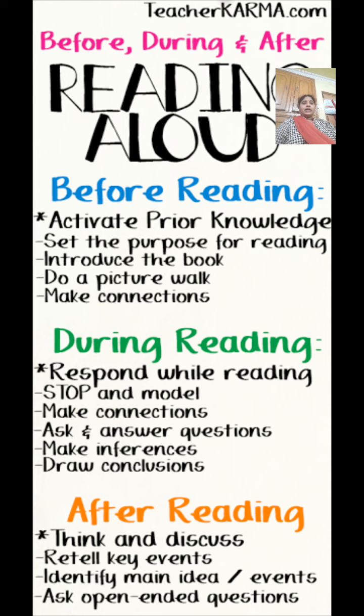So first you have to activate prior knowledge about ecosystem. What is your previous knowledge? Set the purpose of reading, why you are trying to read the book you selected about ecosystem. Now you have to introduce the book to yourself by knowing the vocabulary, glossary, definitions and all, and do a picture walk. Turn the pages of the book and go through the pictures given in the book and make connections. With the pictures you try to hypothesize, assume what is going to be covered in the book. That is about before reading.